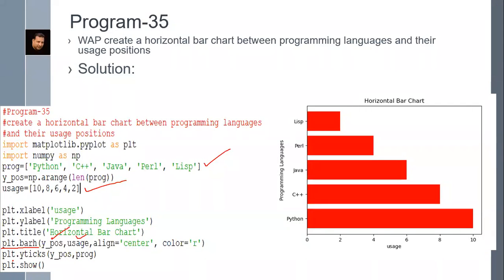Now due to this yticks, we have prog values on the y-axis. See, Python, C++, Java, Perl, and Lisp. These are your ticks. It automatically picked all these from here.